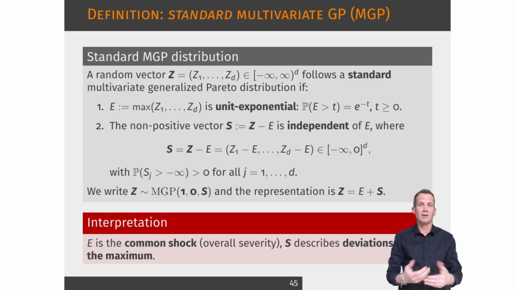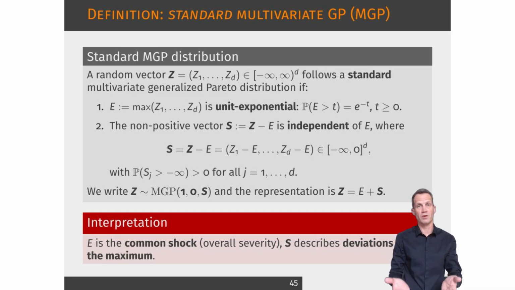This slide defines the standard multivariate generalized Pareto distribution. The key representation is a decomposition into two components. The first is a common exponential shock, which measures the overall severity of the extreme event. The second is a non-positive deviation vector, independent of the shock, which describes how far each component is from the